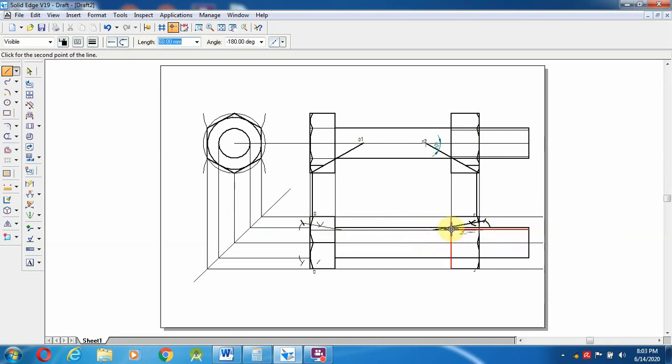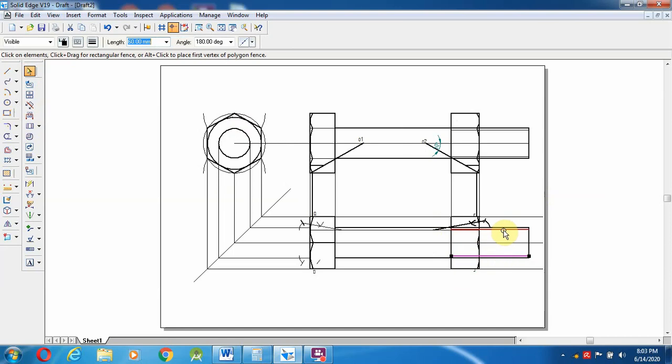Up to this line, the angle is minus 180, and from here 21.6, and the angle is 180 degrees and 60 mm, enter. So that's it.